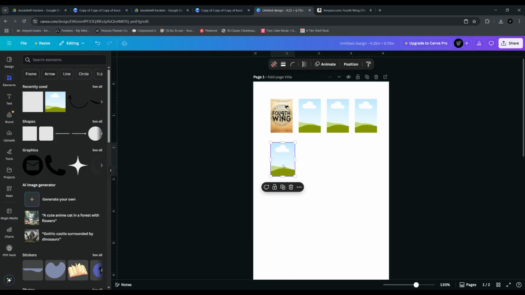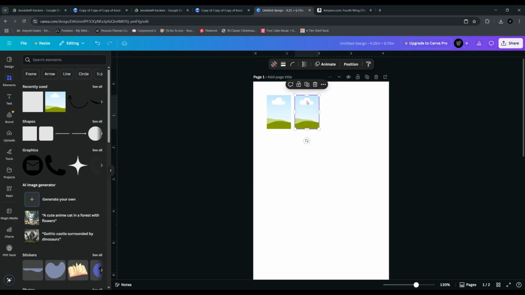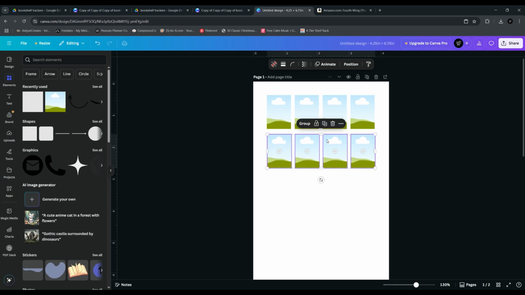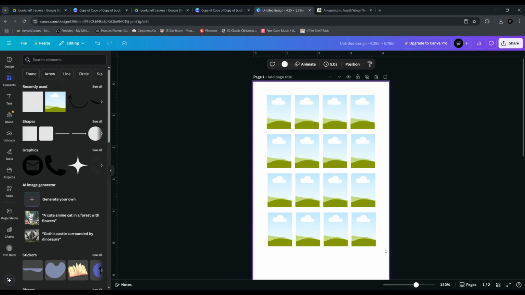So then you can get rid of all of these because they might not be the right size. Get rid of all those and just make a page full of the book covers that you want. And then you can just print this out too and have all of your extra book covers. I suggest not going too crazy with it because storing these things is not very fun unless you have sticker paper and you make an insert and you have a book with all your book covers in it, and then you can